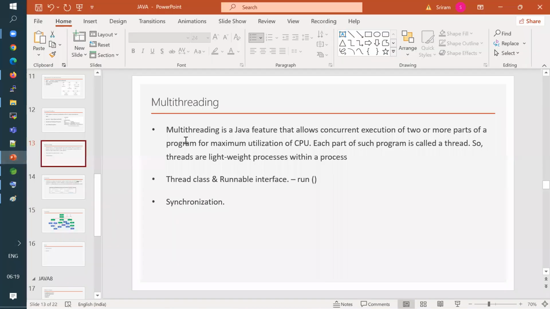A multi-threaded program in Java contains two or more parts of your application code which can run concurrently, and each part of such a program is called a thread. Each thread defines a separate path of execution. In that way, we can call multi-threading a specialized form of multitasking.